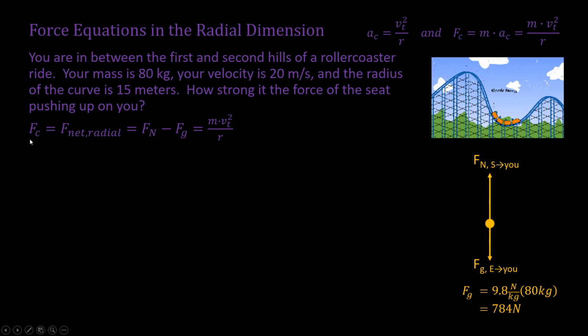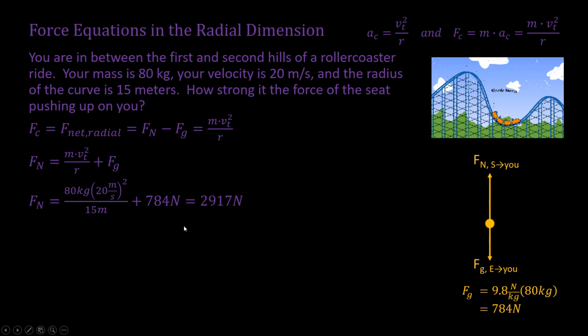Now let's take a look at our equation, and we're going to use Newton's second law to write our force equation. So the centripetal force is equal to the net force in the radial dimension, and we know that that is equal to the forces pointing towards the center of the curve minus the forces pointing away from the curve. And that is set equal to the mass times the tangential velocity squared divided by the radius. This portion here is our force equation in the radial dimension. We can go ahead and rearrange it to solve for the normal force. We can plug in our numbers, and we find out that the seat is pushing up on us with